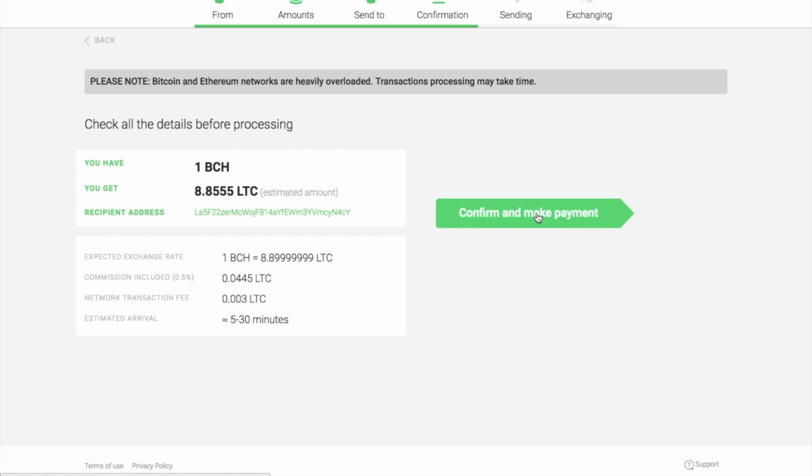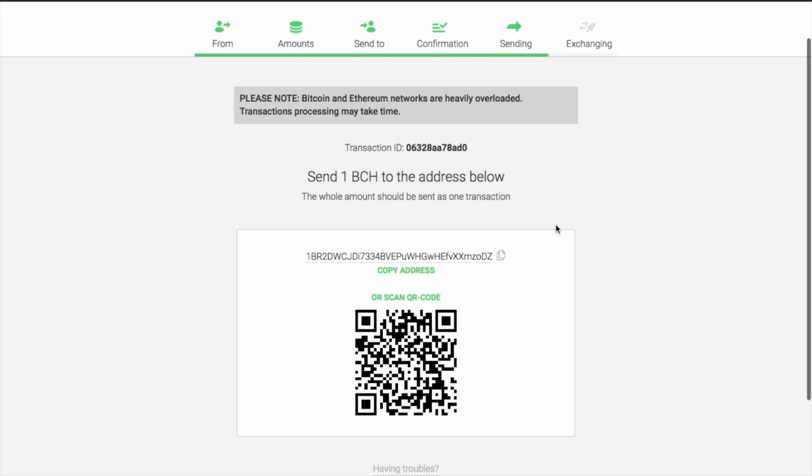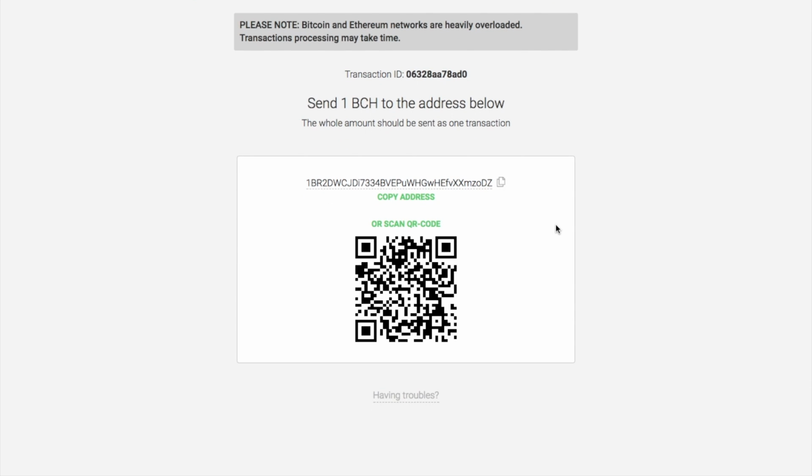If I then click on confirm and make payment, okay, and it's now asking me to send my Bitcoin Cash to the below address. So what I now need to do is copy that address, and I then need to send my Bitcoin Cash